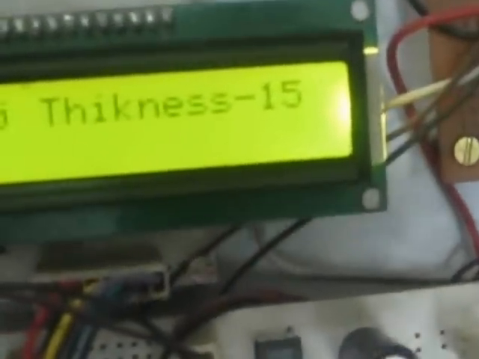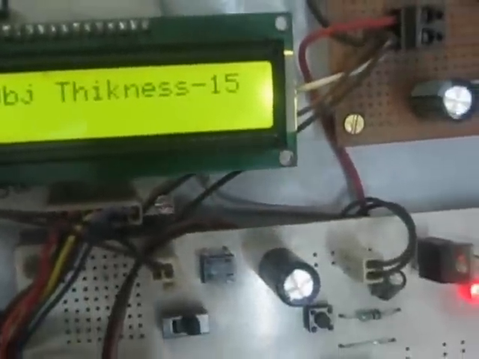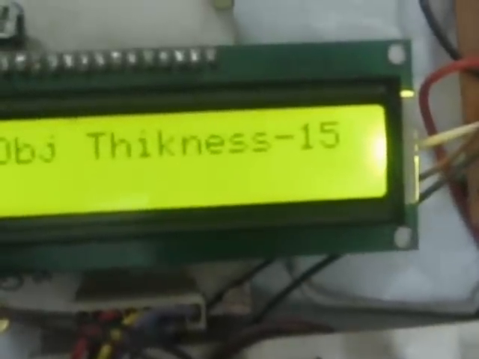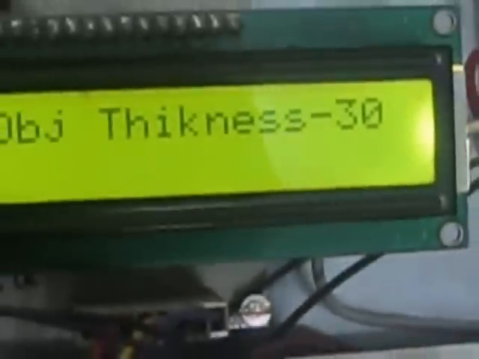Initially you have to give the thickness of the object using the potentiometer, the pot. The exact thickness of the object should be set. Here the maximum limit is 30 mm. Below 30 mm, you can set any limit using the pot.